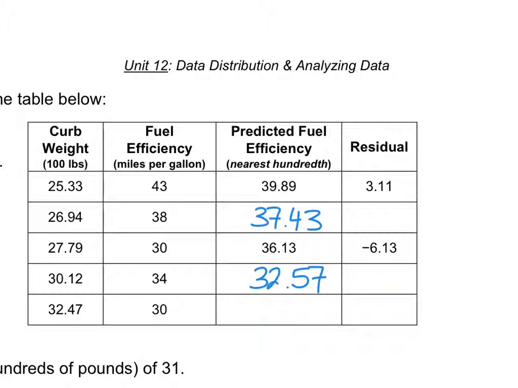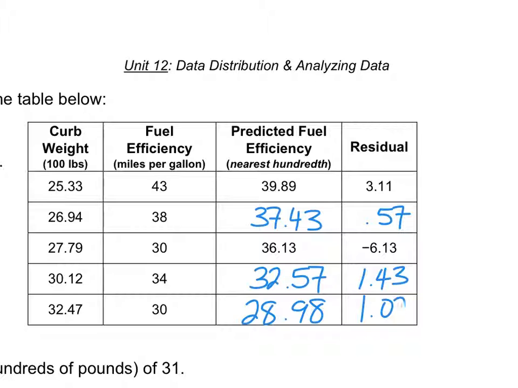So I'm just filling out this table based off of what we came up with on our calculator, which we now don't really have to bother with figuring out because we've already done it. All right, so 3.1. It seems like they're looking for us to round to the nearest hundredth, so that's what I'm doing. It says it here. It doesn't say it for the residuals, but if we're rounding these to the nearest hundredth and then subtracting, we're going to get an answer to the nearest hundredth. So we'll just continue rounding to the nearest hundredth. So 0.57, 1.43,